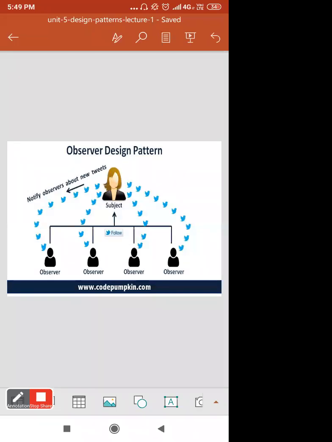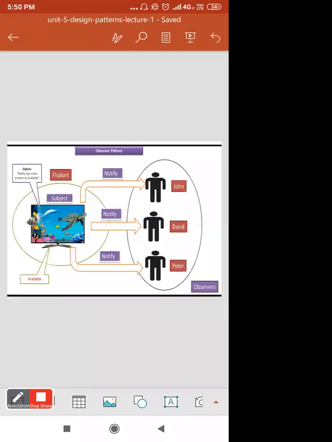Notify observers about new tweets. The subject is the tweets. As new tweets come, it will notify the different observers who follow the particular subject. One more example is given here. Peter, David, and John are different observers, and they request some product, like an LCD.